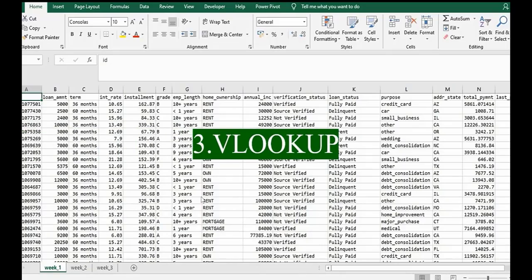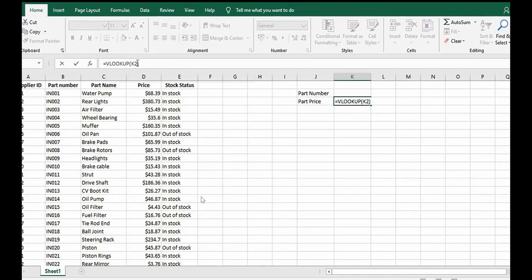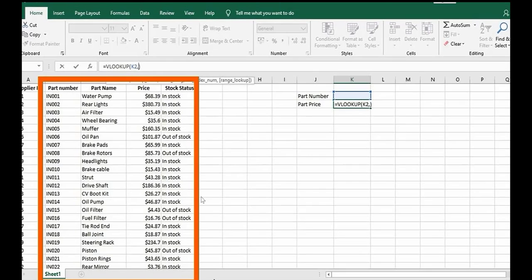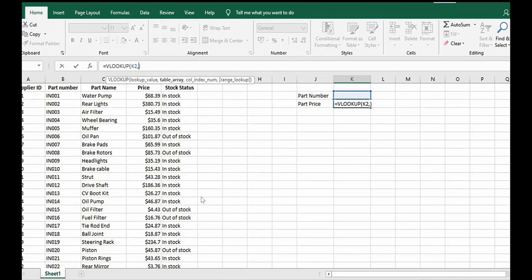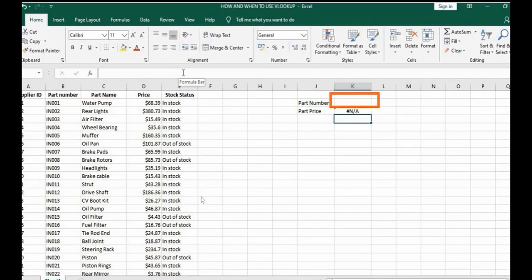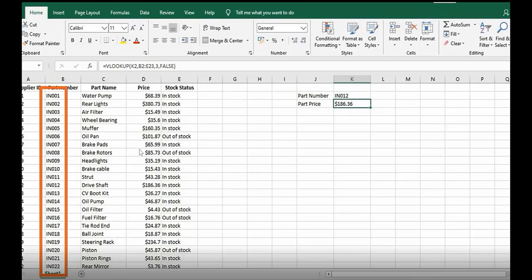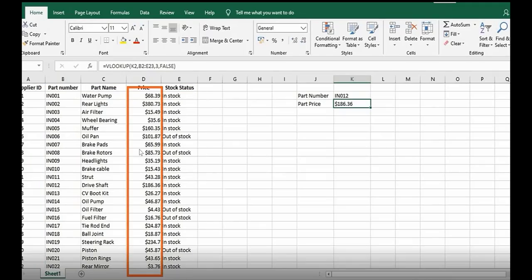Okay, next is VLOOKUP, which stands for vertical lookup. It is an Excel function to get data from a table organized vertically. VLOOKUP is the most underdog function of Excel. Once you master it, it becomes child's play to extract your data from one or multiple files. The VLOOKUP function performs a vertical lookup by searching for a value in the first column of a table and returning the value in the same row in the index number position. So if you see here, I want to know the price of a particular part number. It becomes so easy for me. I have to just enter my part number, and there is my price. So that's how VLOOKUP works.